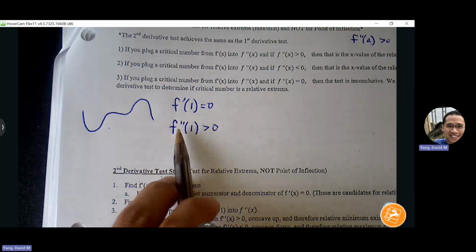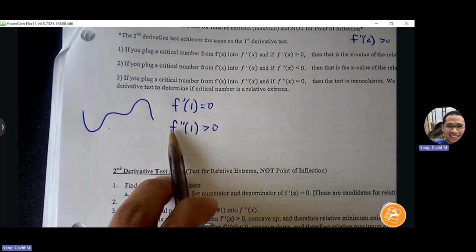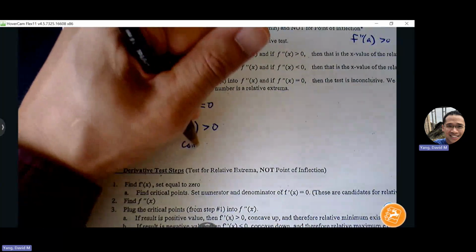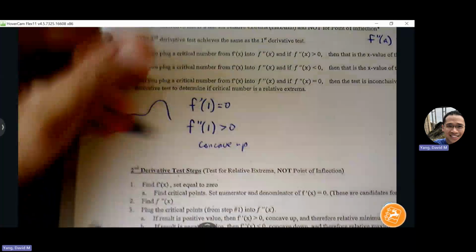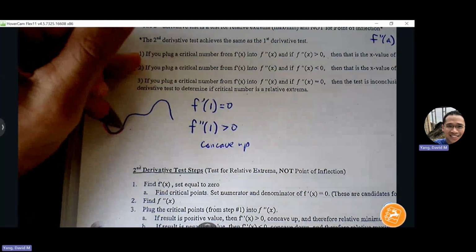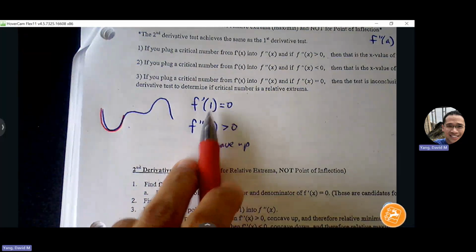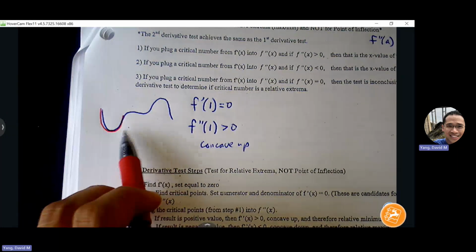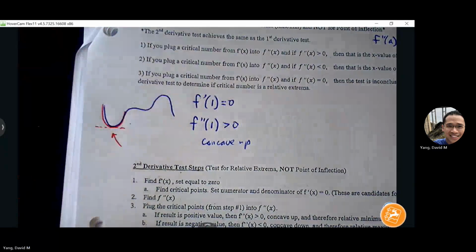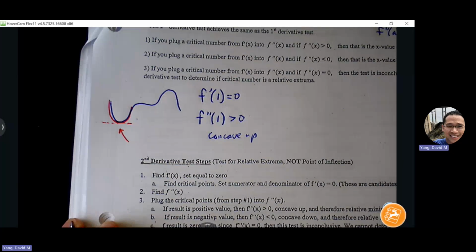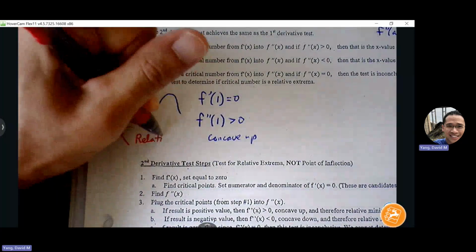But in terms of a shape, what does this mean? This means that my second derivative at 1 is greater than 0. What does that mean? That means it's concave up. So where do you see concave up on this graph? Here, right? So if I can pair this information up, if the slope is 0 and it's part of a concave up graph, this point must be a what? Oh, relative minimum. So that's the reasoning behind